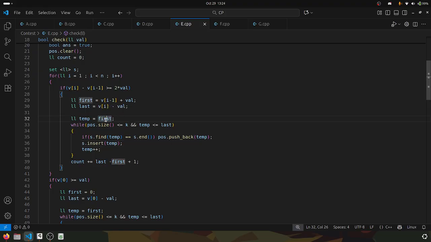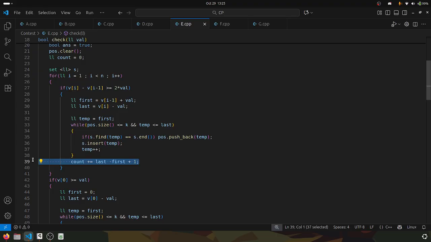Temp is nothing but a variable running from first till last, and I'll just keep on inserting it in the set while, and this is nothing but if the temp is a position where I can place a teleporter, right? So if I have not already included it in the set, then I will add it in the pos vector. Pos is nothing but the positions where I can place the current teleporters for the corresponding value val. So in pos I'll push back temp and I'll insert the temp in the set and temp plus plus,